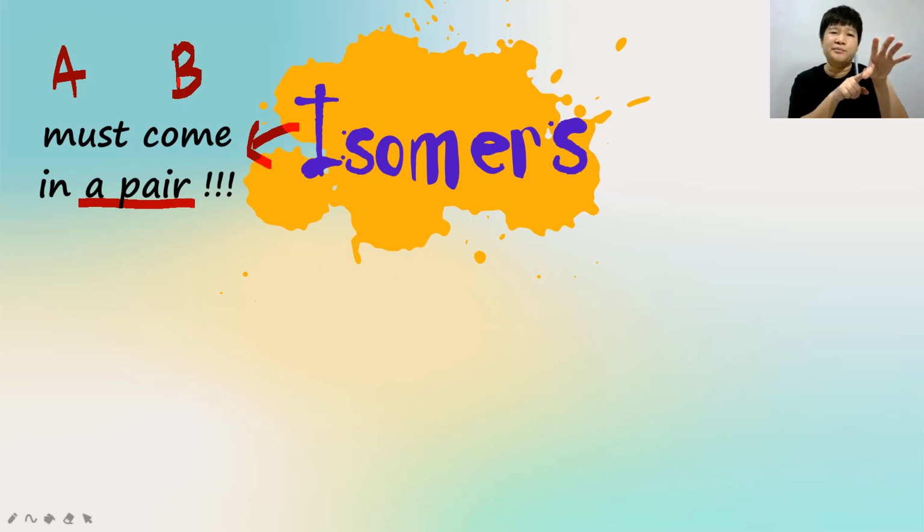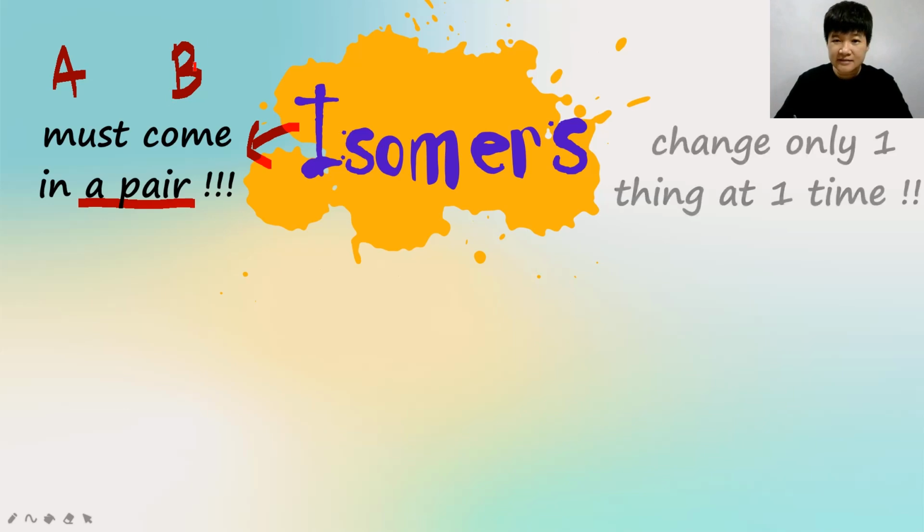How do you know that the position is changing? If you only have one thing, how do you know that the functional group is changing? So to know something is changing, something is different, you need to have 2 things. 2 structure that have the same molecular formula means the 2 structure must have the same number of atoms. Okay? Next, the isomer can only change one thing